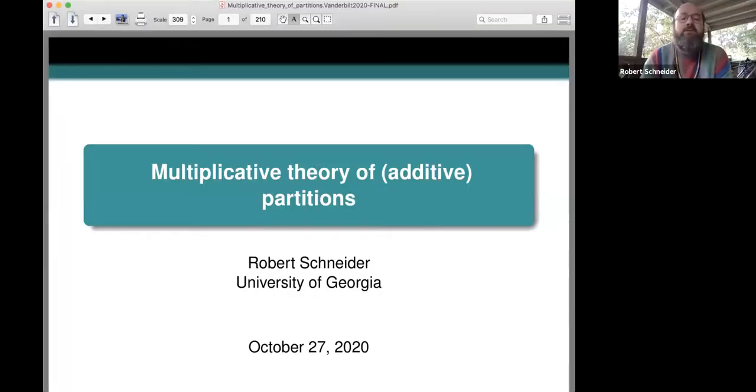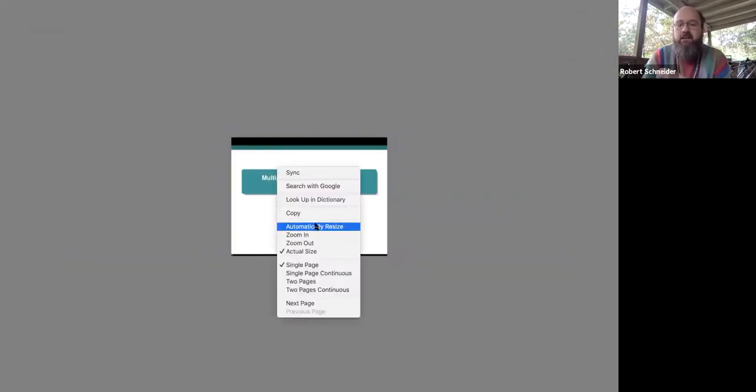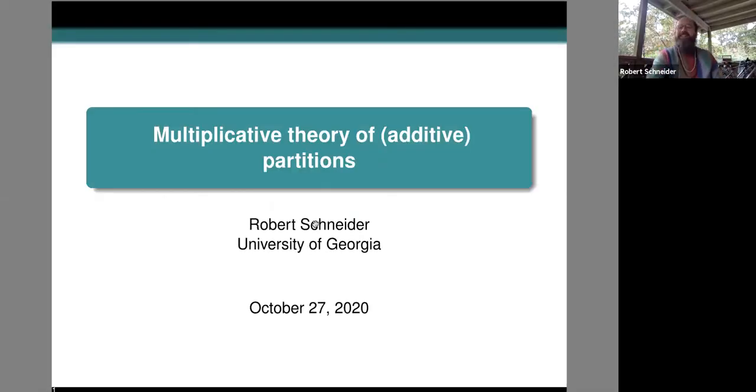Let me go through a few steps here. I promise that'll work at the end of it, I think. And then automatically resize. Ooh, it's so nice. Okay. See, Larry, I got it to work in the LaTeX editor, despite all of your great advice, which I couldn't carry out in time.